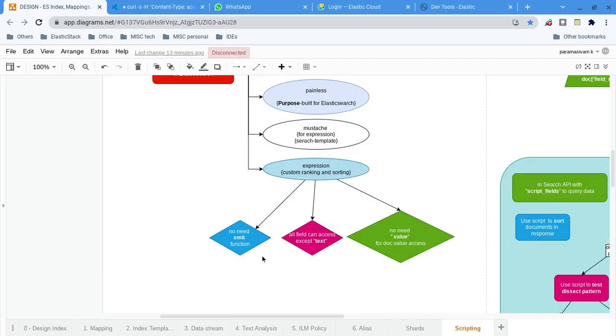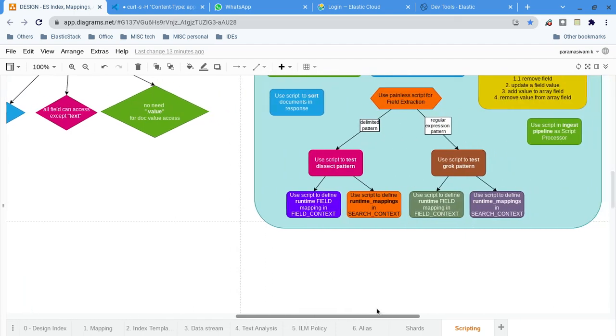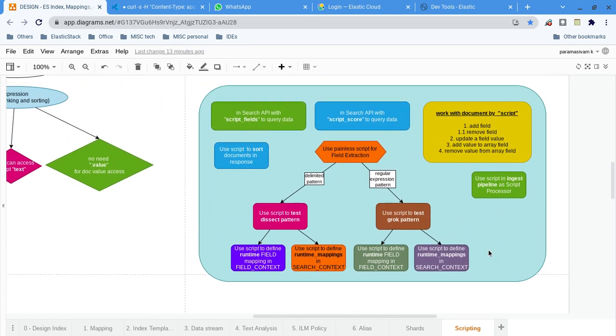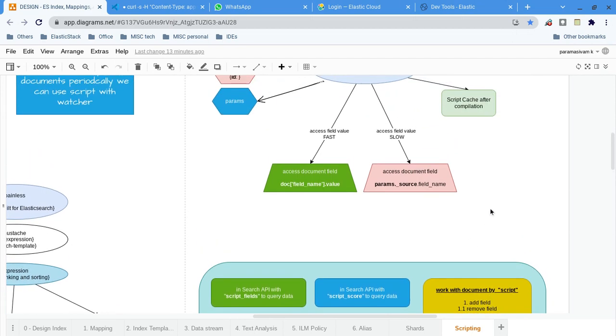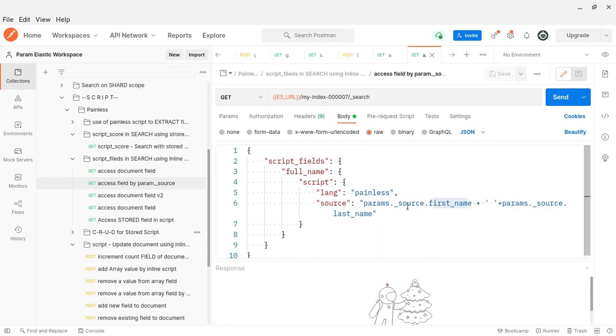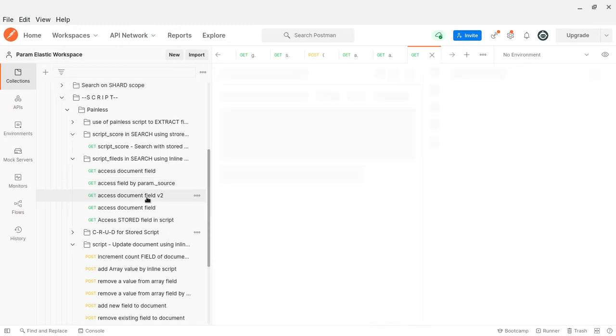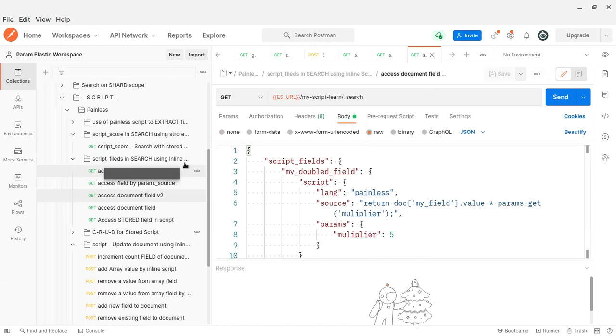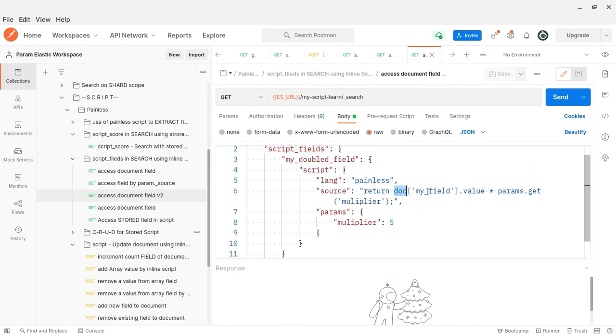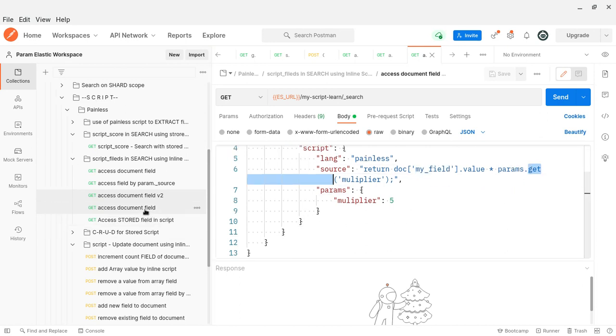Let me open my view here. Okay, within the painless script I can use two syntaxes: either the simplified one, or directly the source, using source or doc. So these are the two syntaxes. As you can see, in script field we are going to access the document field, not scoring itself. Here field values, here get of multiples. This is just a parameter. So another syntax, that's it, nothing more.